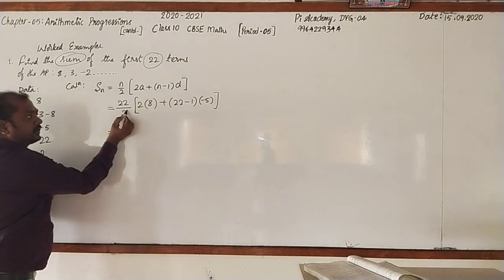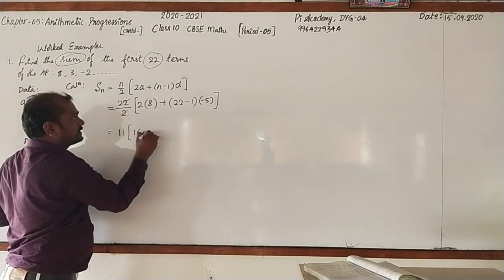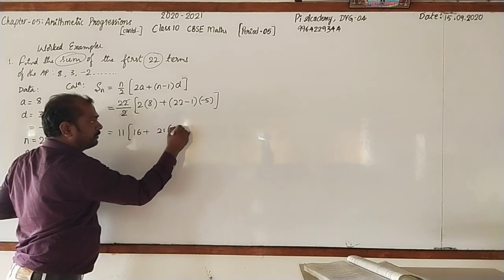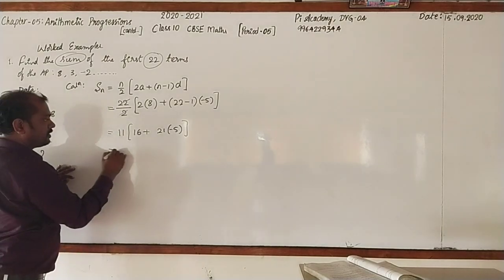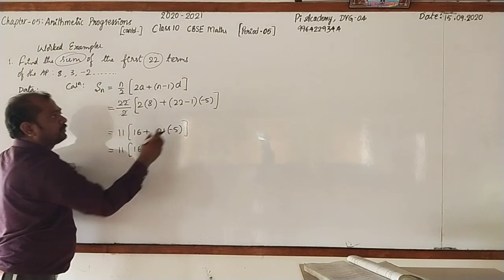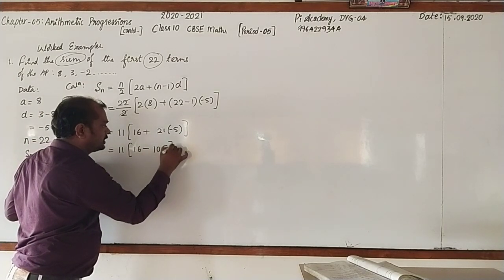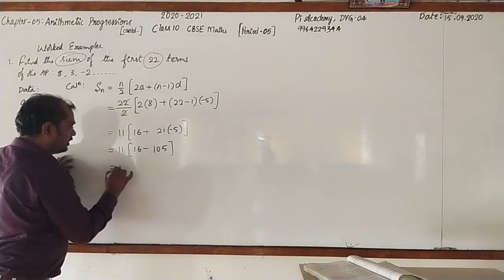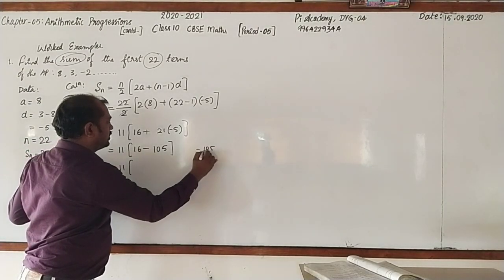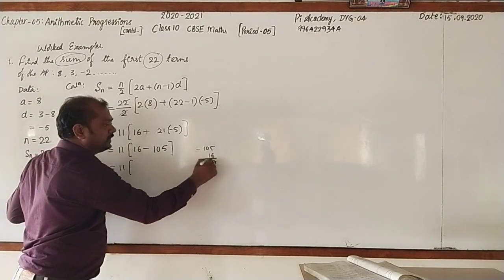Common difference is minus 5. Therefore, it should be written inside the brackets. Next, observe, you can go for cancelling. 2 ones are 2, 11s are 11. Next, 8 2s are 16. Here, 22 minus 1 is 21 into minus 5. Don't go for subtracting: 11 into 16 plus into minus. Now 21 5s are: 5 1s are 5, 5 2s are 10. This is 105, minus 105. 11 into 16 minus 105. Subtract 105 and here is 16. 15 minus 6 is 9. 9 will remain. 9 minus 1 is 8.